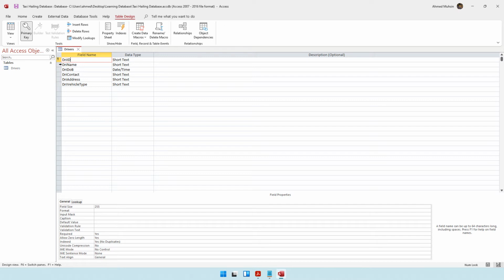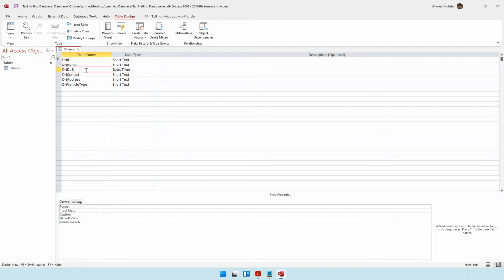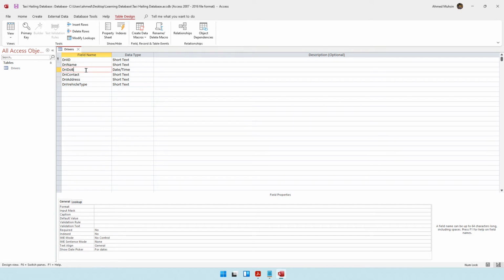Okay, now the next thing that I want to talk to you about is where for every field you can put certain rules for it. For every field you can put certain rules, and these rules are what we call validation rules. Okay, so for every field, for the driver ID, for the driver name, for the driver date of birth, you can put certain rules. Okay, I'll tell you in more detail what are the rules, but these rules are what we call validation rules. So in these validation rules, say for example, when it comes to driver ID,